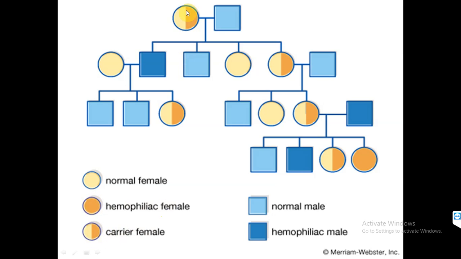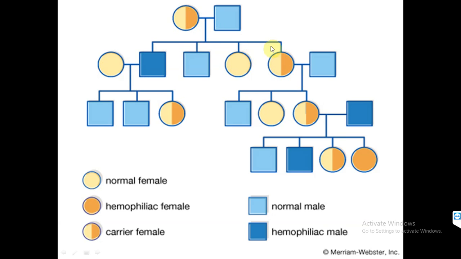Now this condition is a carrier female and she is being married to a normal male. In the diagram, the dark one is for hemophilic, so it is not dark but light. So this is a normal male. Now what happens to the offspring? When these two mate together, these are the 4 possible outcomes. These are not the outcomes because this one child is getting married to this one. So only these are considered as the 4 possible outcomes, because this sign is for mating and this is for producing the 4 offspring.